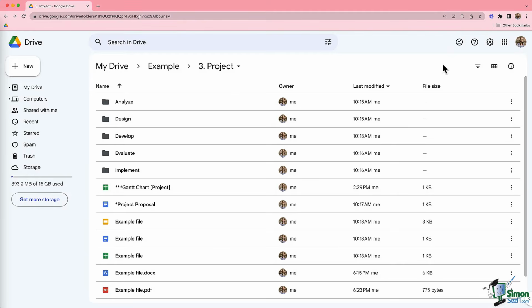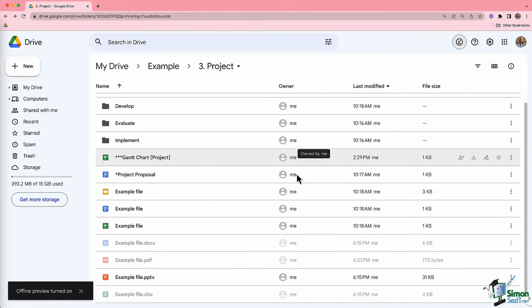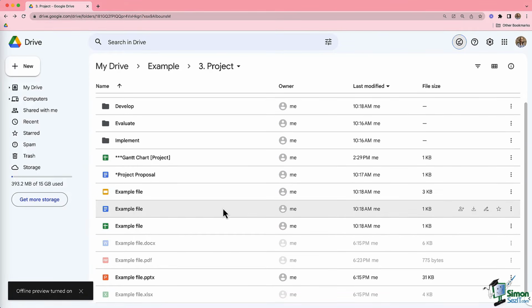In this lesson, we're going to look at some special settings and getting your offline access to your files turned on. We have been working our way left to right across our Google Drive, so the last thing is the top right corner. First up, we have offline access. By clicking on this, you will see your options to have an offline preview. When turning this on, notice which files become grayed out. This is showing you which files you will be able to access when offline and which files are not available offline. What this means is that you are able to continue to edit those files without an internet connection, and